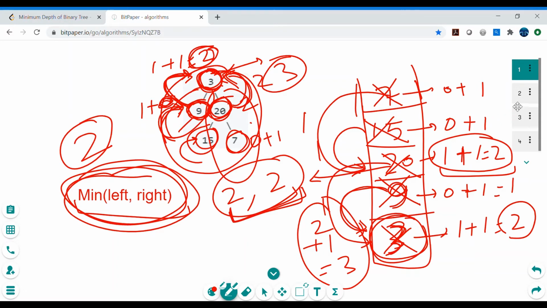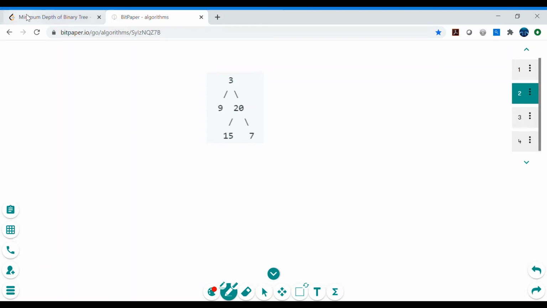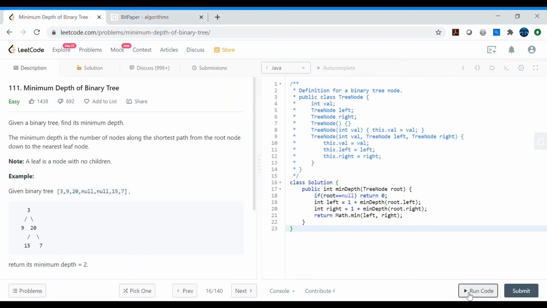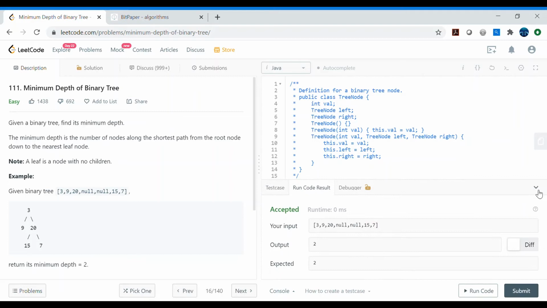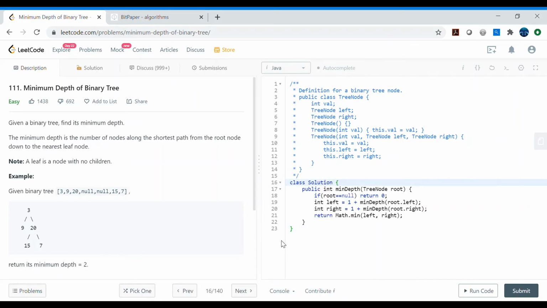Now here we need to consider one edge case as well, but let's first try to run this and see if it is getting compiled. So this is getting compiled. Okay, now